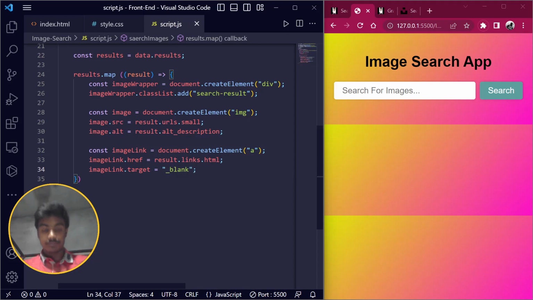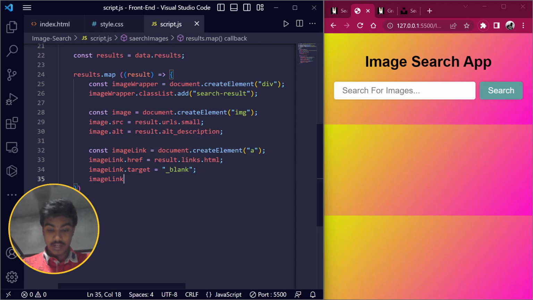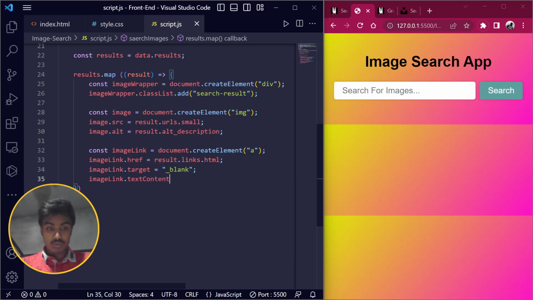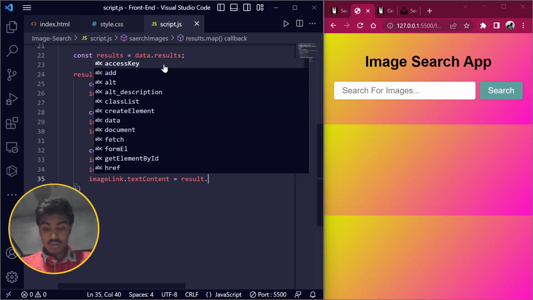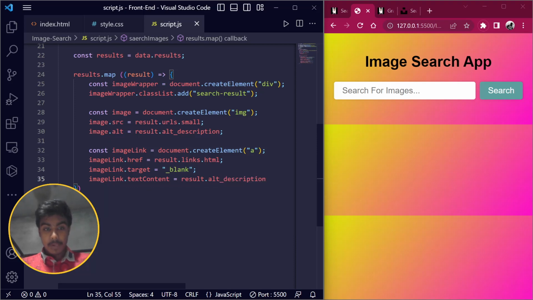Okay, and we have to define another, because image link will be created, and we want this in text format. So I want this textContent property, and this will basically give the result as an alt description. Okay,